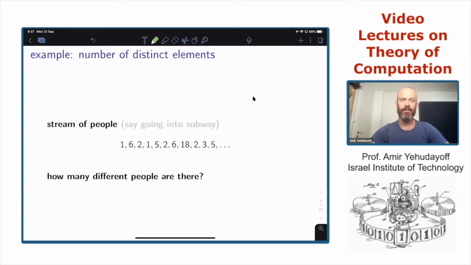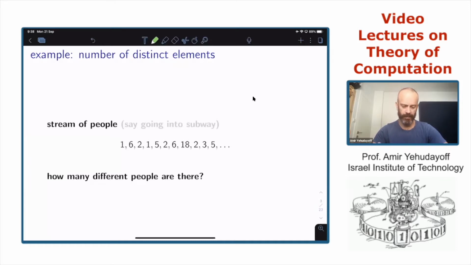In the first example, you can think of the stream as a list of numbers, but you can think about it as the names of people that, let's say, go into a subway or something like that. And the question we want to answer after we saw some amount of people is how many different people are there?